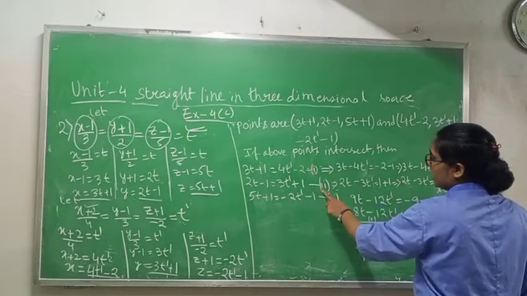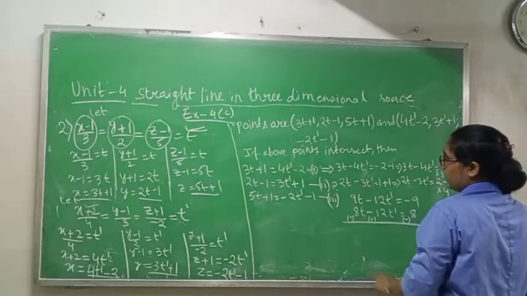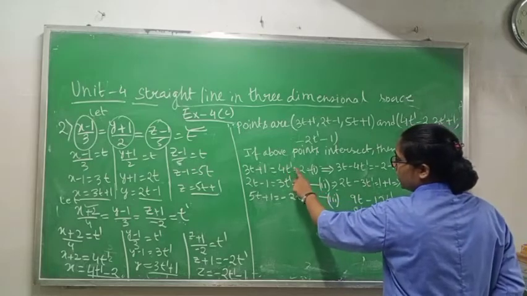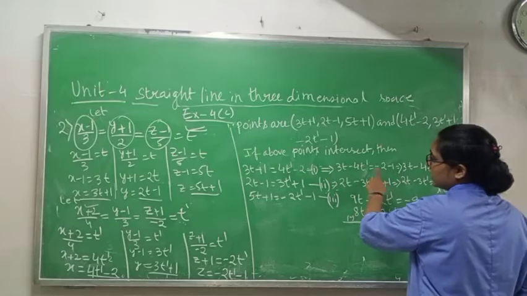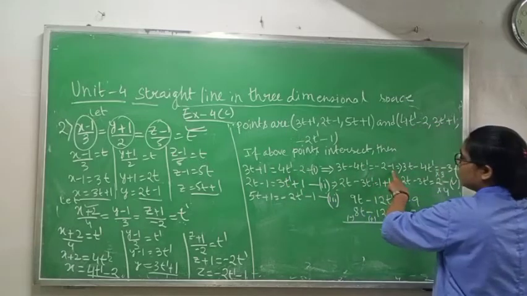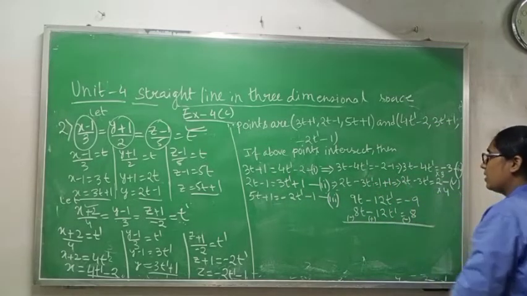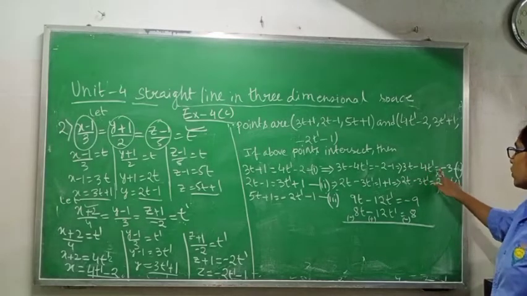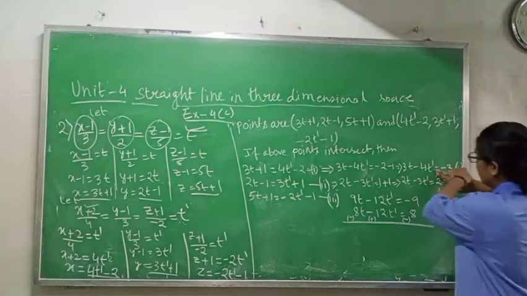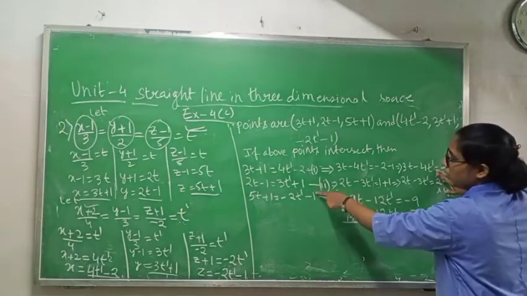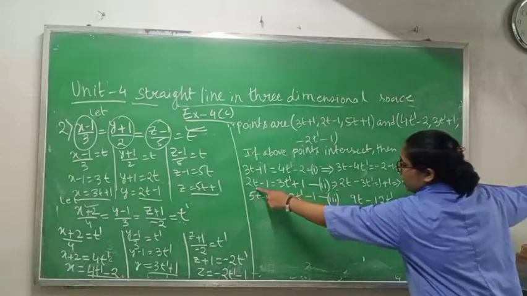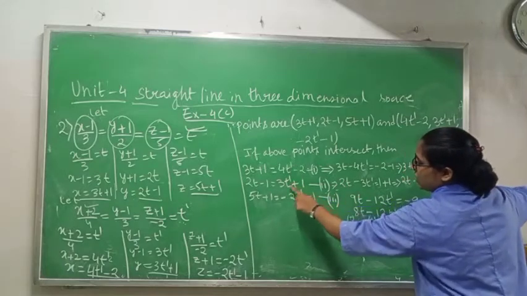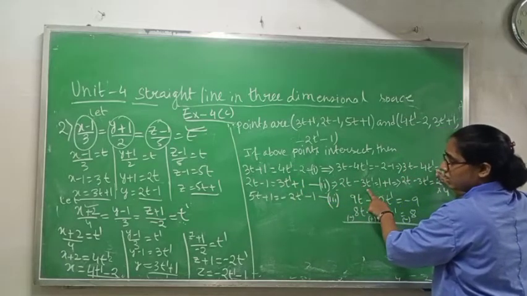Now from equation 1 and 2, I am separating. First I am taking 4t dash, this side it will become minus 4t dash. Minus 2 I am writing as it is. Plus 1 is coming this side, it will become minus 1. It means that 3t minus 4t dash equals minus 3. Don't see this 3 right now. Okay, equation 4. Now from equation 2 we will find equation 5. So 2t we will write as it is. Plus 3t dash will come this side, it will become minus 3t dash.